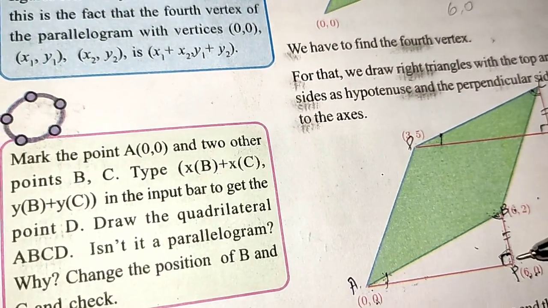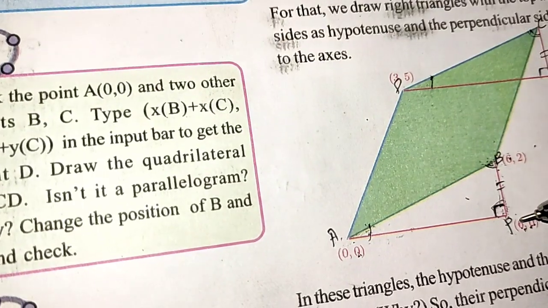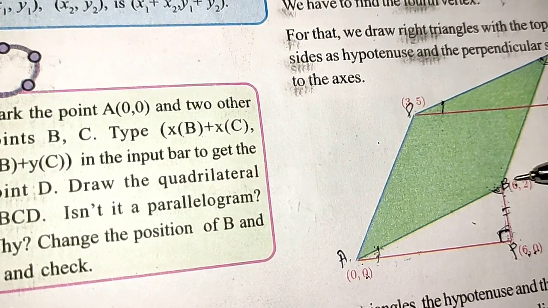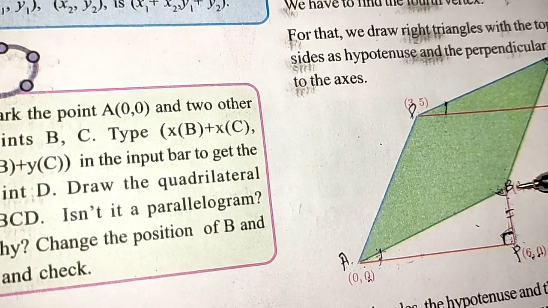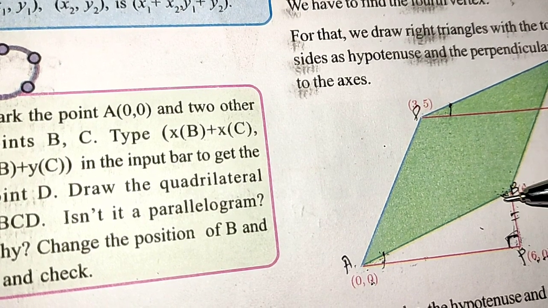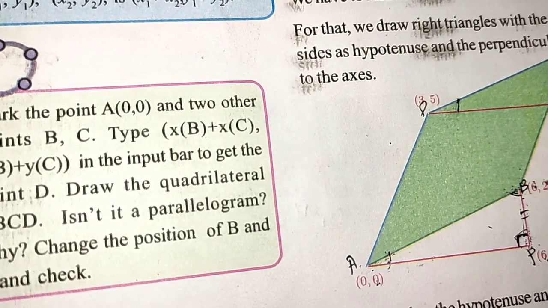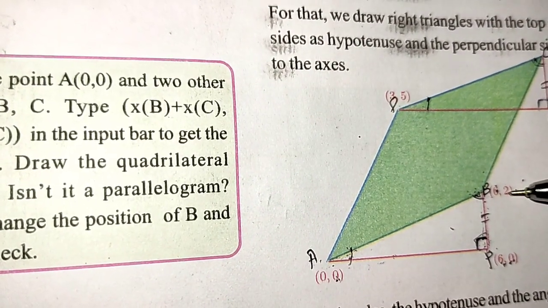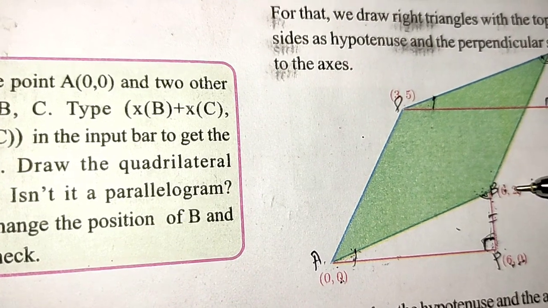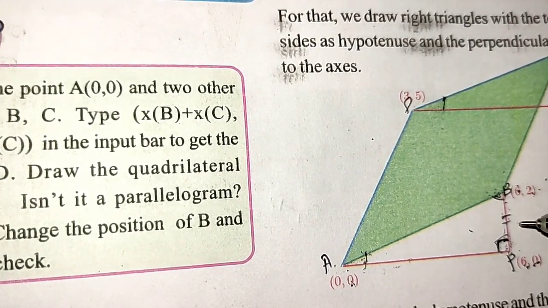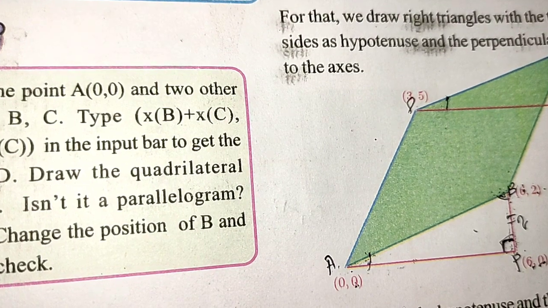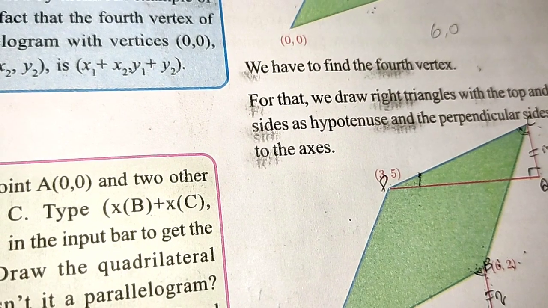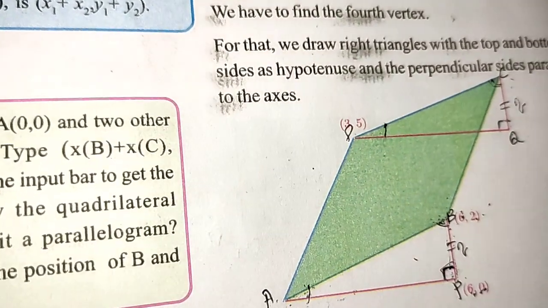Then what will be the distance between these two points? That is P(6, 0) and B(6, 2). See, here the x coordinates are same. So what is the distance between them? The distance between them is the modulus of the difference in their y coordinates. Here the y coordinate is 2, here it is 0. So 2 minus 0 is equal to 2. That is, this distance is equal to 2. Then what about this distance? We already know that these two lengths are equal, therefore this distance is also equal to 2.